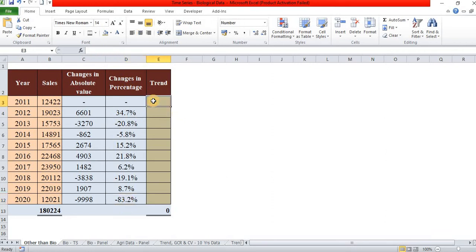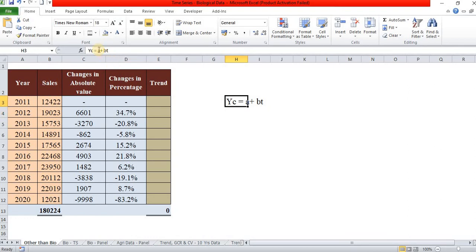Last one is trend. We have to find the trend. For calculating trend, there are different methods. One is normal Excel function based. We need one more piece of information to calculate the trend. Y_c equal to A plus BT.